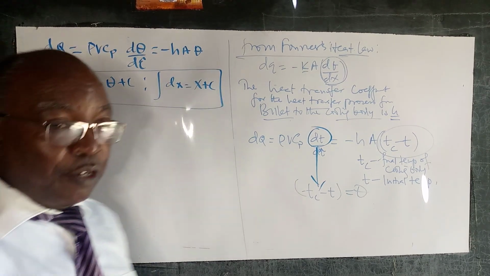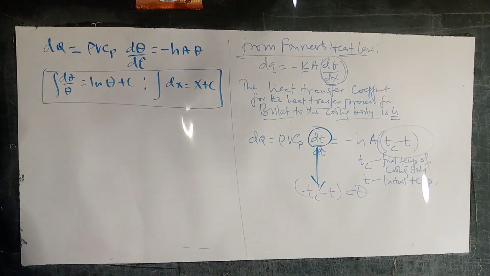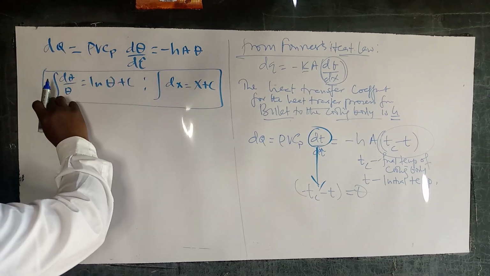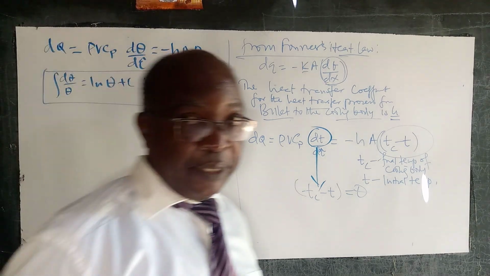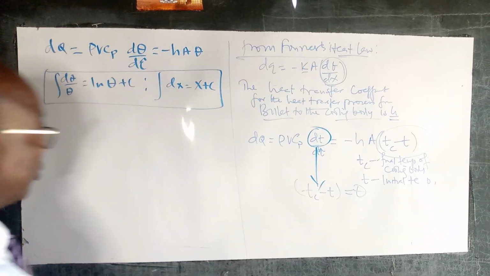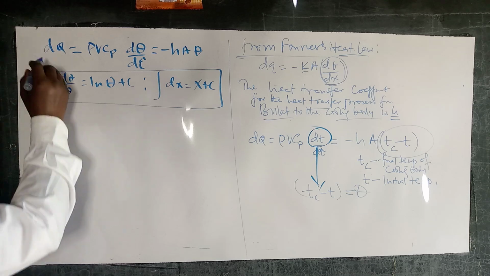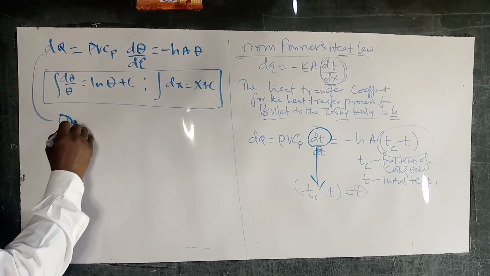The c is the integration constant. And if you put in the limits, then you don't have to worry about the integration constants. So I'll use these identities here. Let's rearrange. On rearrangement,